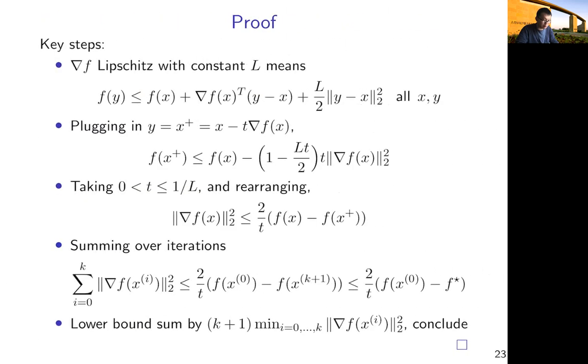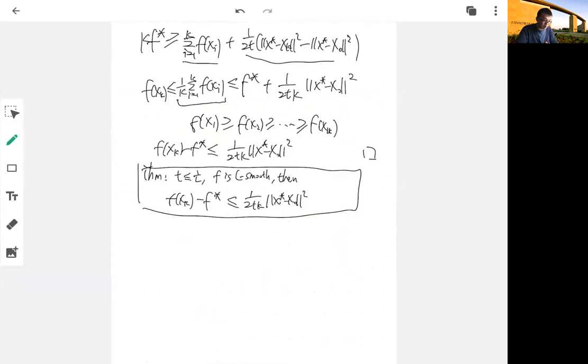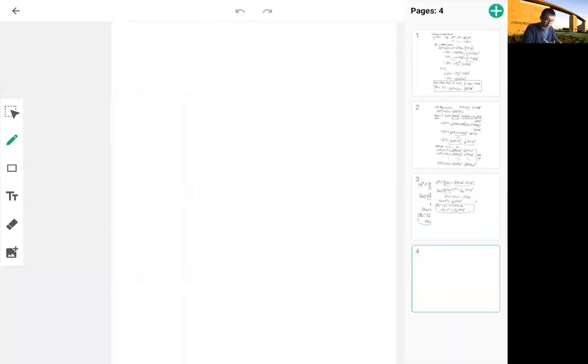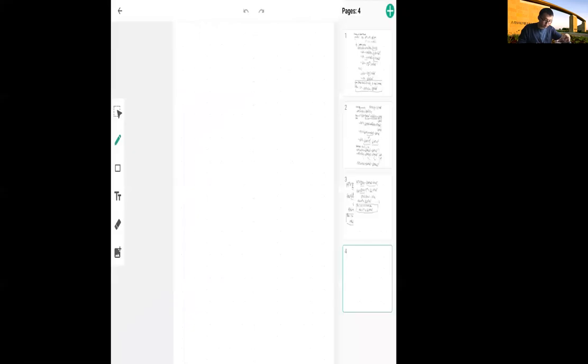So let's go to the scrap notes and then talk about the proof of the convergence of gradient descent on non-convex but L-smooth function f. Okay, so actually the only thing that we need